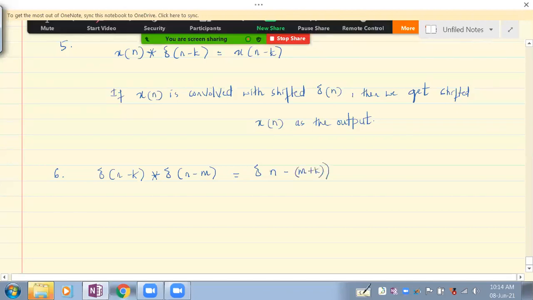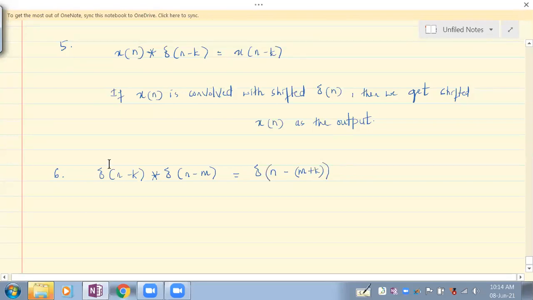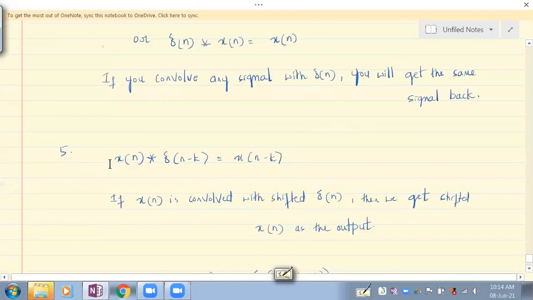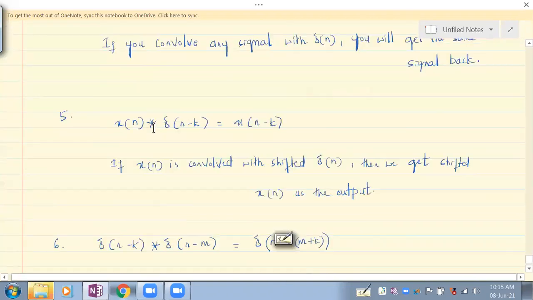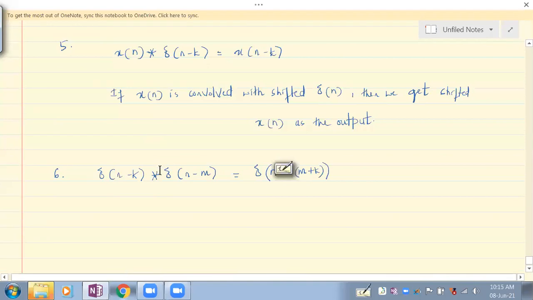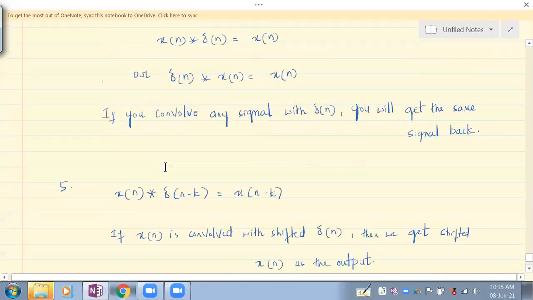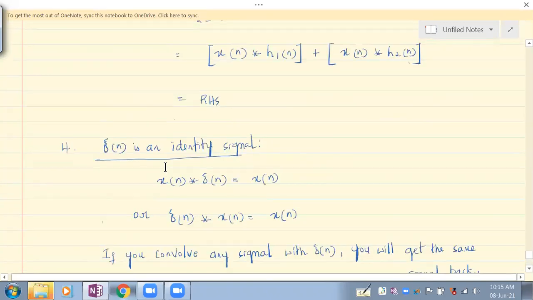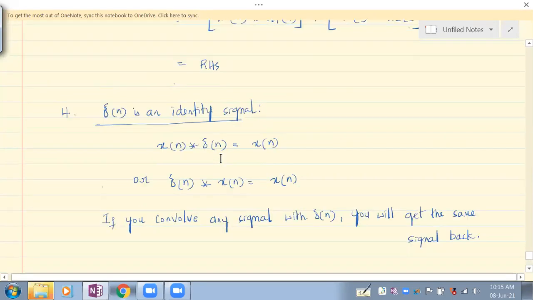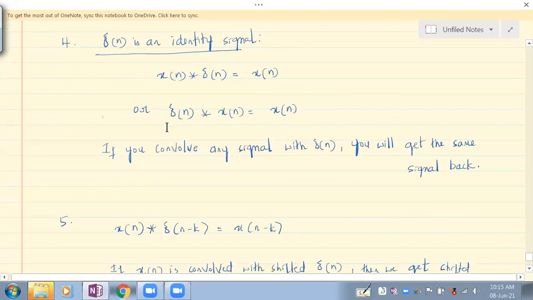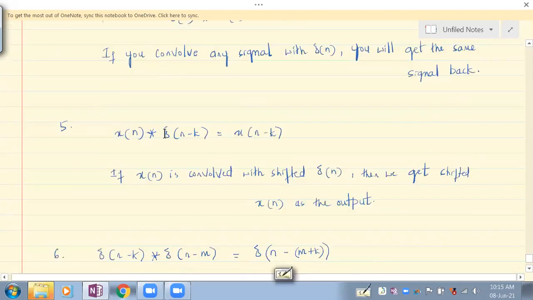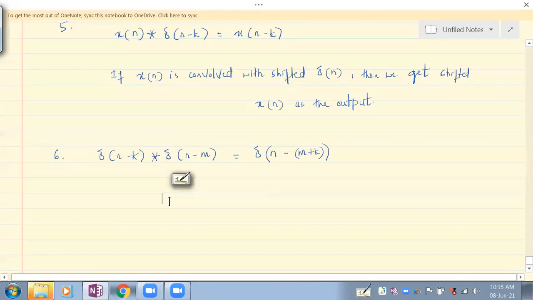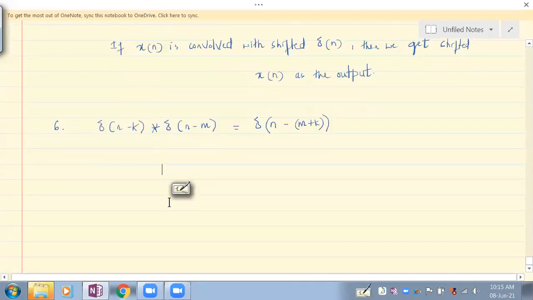This is another property. You do not have to go and find the convolution of this. Wherever these delta functions are involved, we need to be a little thoughtful, because the normal way of obtaining the convolution sum is not supposed to be done here. You need to see the properties of the convolution sum where these impulse functions are involved. I'll just summarize the last three properties.